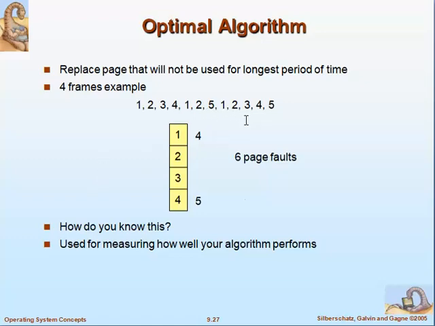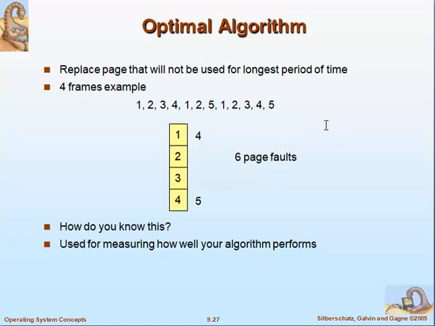Right now we worked on a reference string, and here we very well know what is the future request of the pages, and accordingly the optimal algorithm works. So the optimal algorithm, it is not possible to implement this algorithm, but this algorithm is the best algorithm